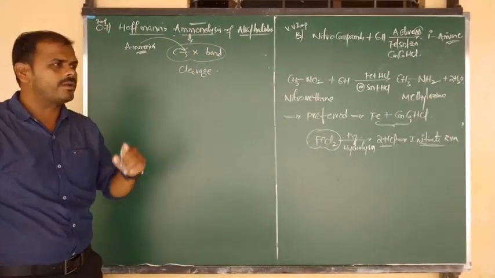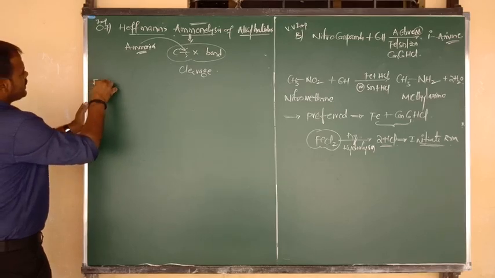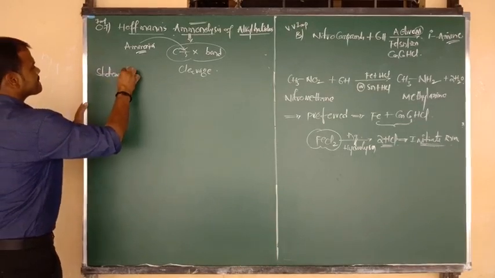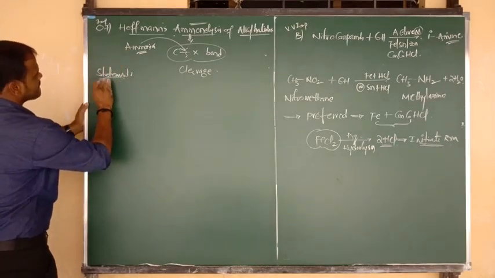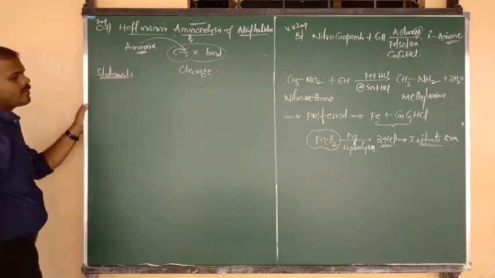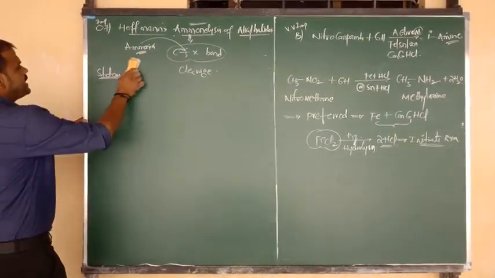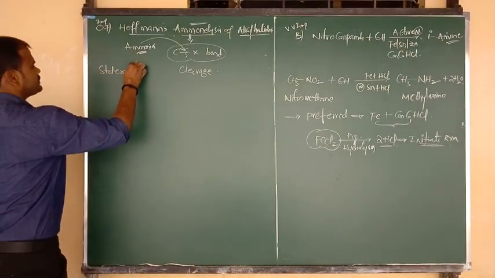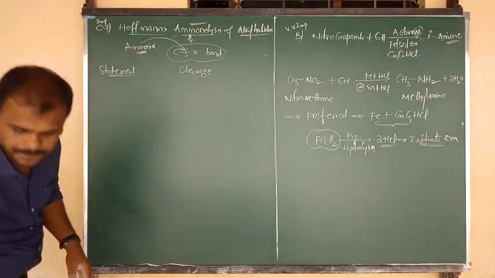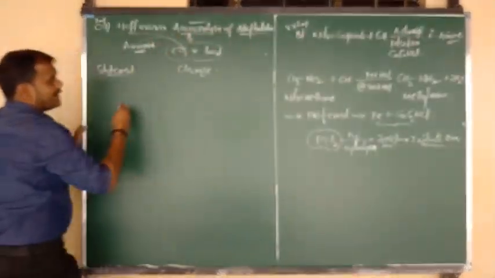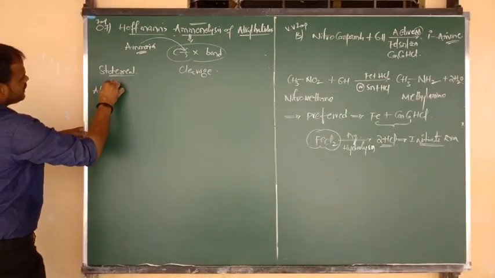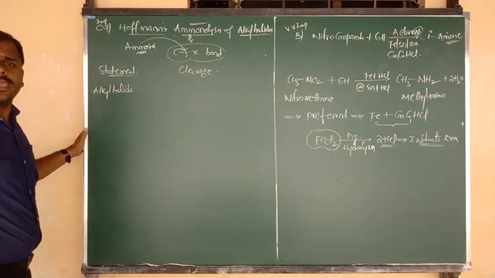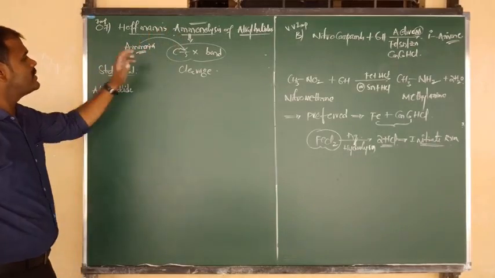Definition clear? Good. Now I am going to show you the reaction, and also we can say the first statement. So what are we going to study now? The statement we are going to discuss now, beta. Which type of statement do we have to write? Which compound? Alkyl halides. Okay, I am going to write first of all alkyl halides. Alkyl halides, here they undergo the process of ammonolysis, nothing but reaction with what?